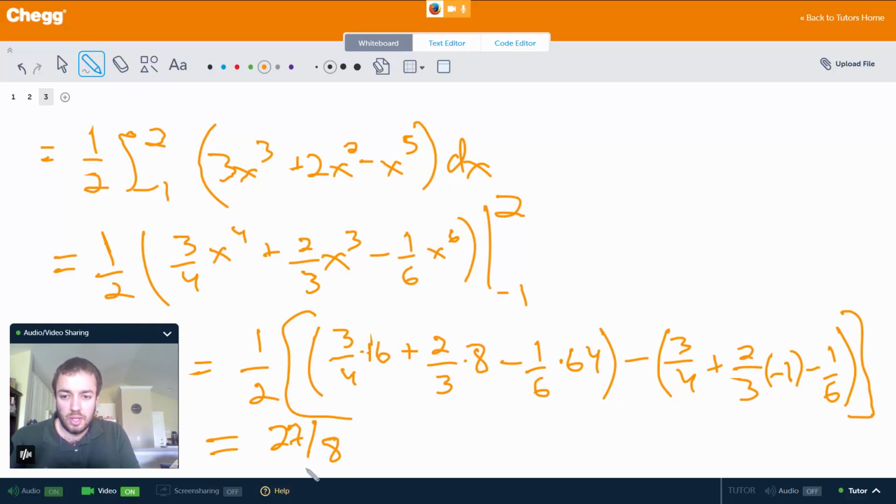27/8. Okay, so this has been an example of evaluating a double integral over a general region,